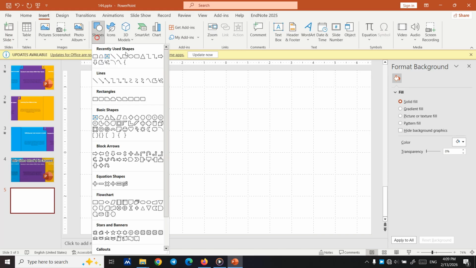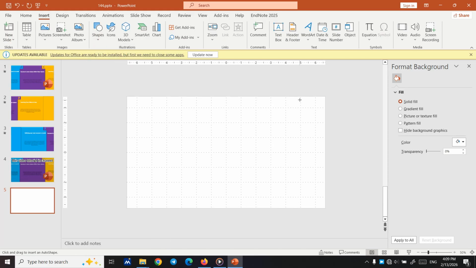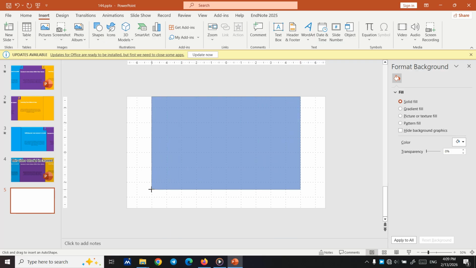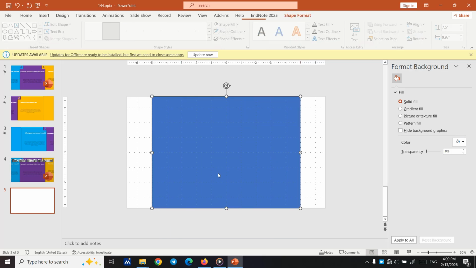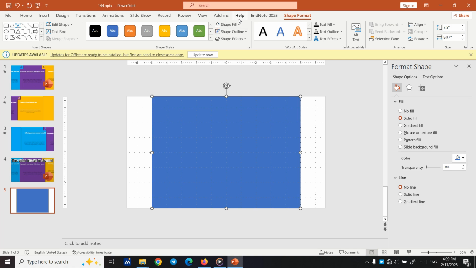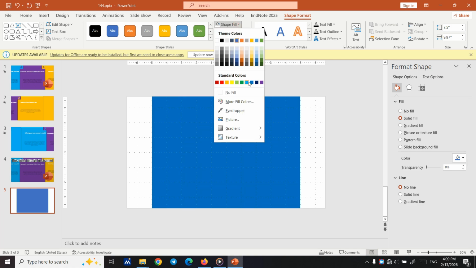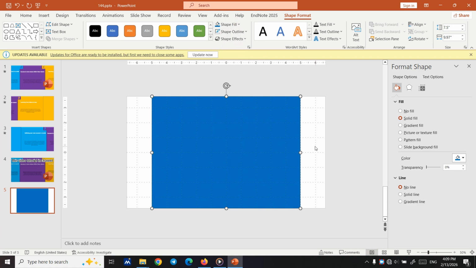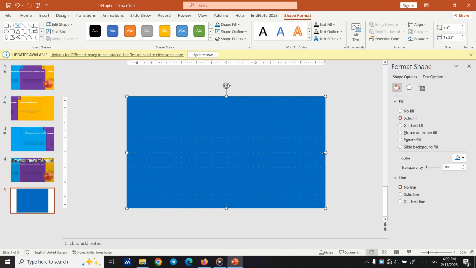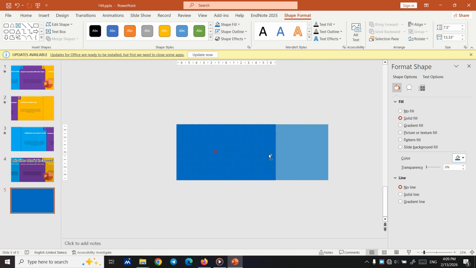You just simply create one rectangle like this, then set the shape outline to none and color it blue, for example, and then reduce it, increase its size. Okay, then create another one,